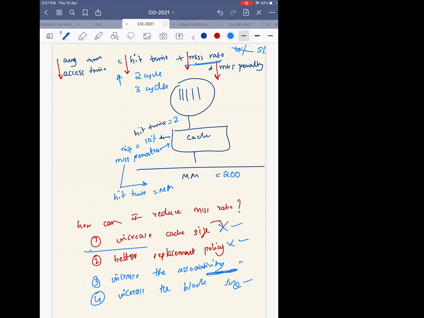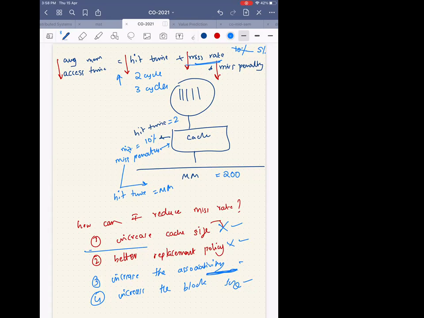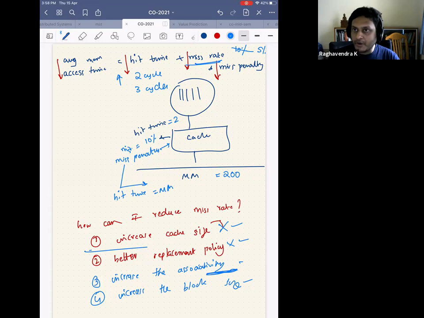Sir, you can't be 100% sure that your miss rate decreases because you'll be filling up your cache faster. Yes. So if I increase the block size, I decrease the miss rate, but I also increase the miss rate. So I don't know what the right point is, right? Because I might say there's only one block in the cache. If the cache is 8 MB, I'll keep the entire 8 MB as one block. If it was a streaming application, yes, my miss rate has decreased. But for any other access, there's always a miss, which means the miss rate has increased.